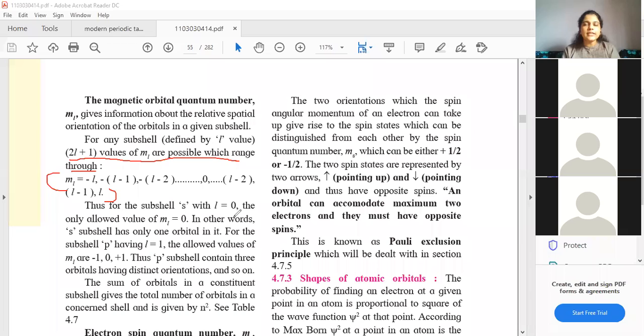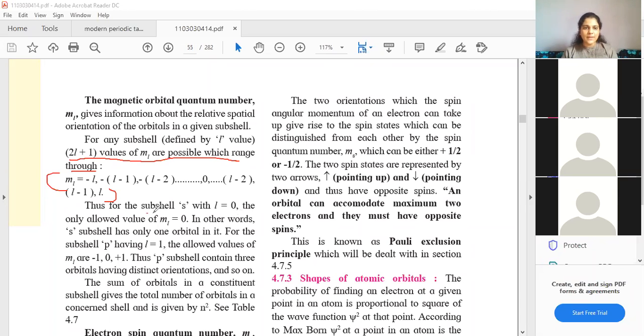So one important thing to remember is that your small l starts from 0. That is the important part. See, your principal quantum number n starts from 1, right? But your small l starts from 0. That is the important part. So if I give you l as 2, it means 0, 1, 2, total 3 values, meaning S, P, D. If I give you l as 3, it is 0, 1, 2, 3, total 4 values, which means S, P, D, F. Okay, I hope you all are understanding this.